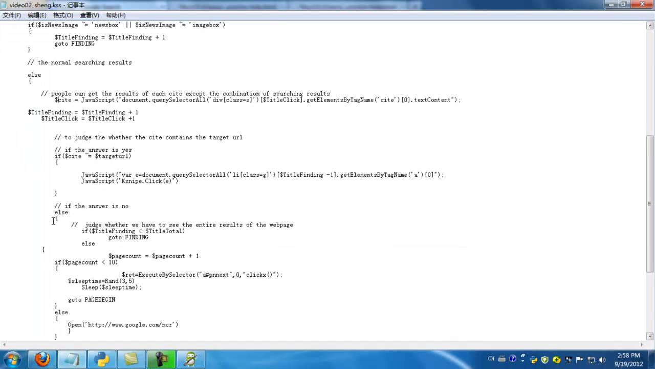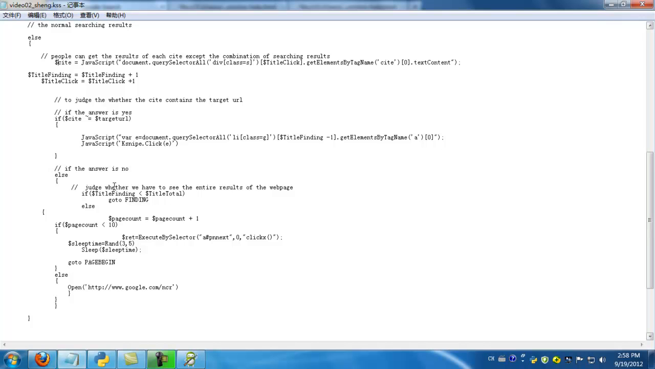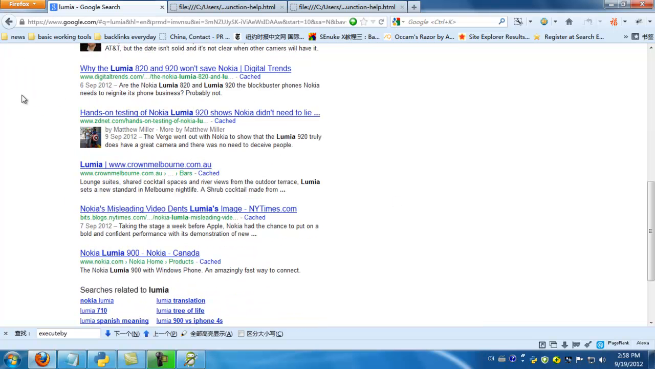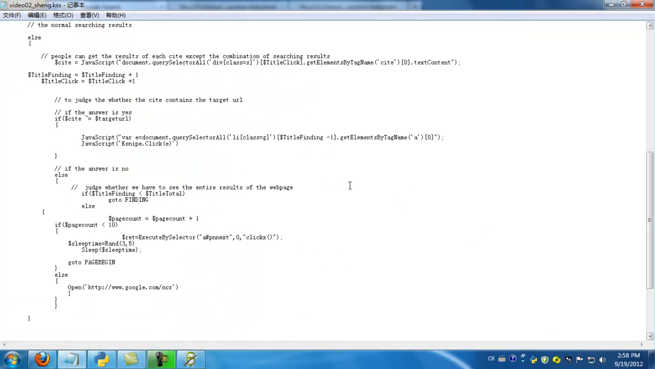If the answer is no, we go to another part. We will judge whether we have seen the entire results of the website. So when we see the entire page of the results, like here, if we see the entire search result on this page, the software will go to another page, which means we didn't find our target URL and go to another one. This part is like a cycle. If the answer is yes, we find it, we directly go to it, and the process will stop here. If the answer is no, we will go through the whole process again,